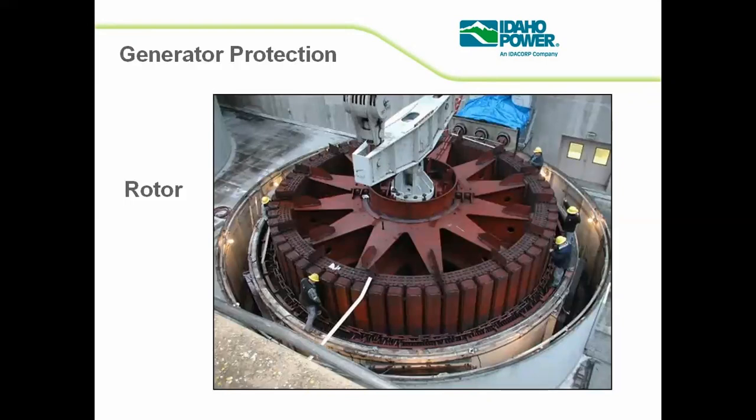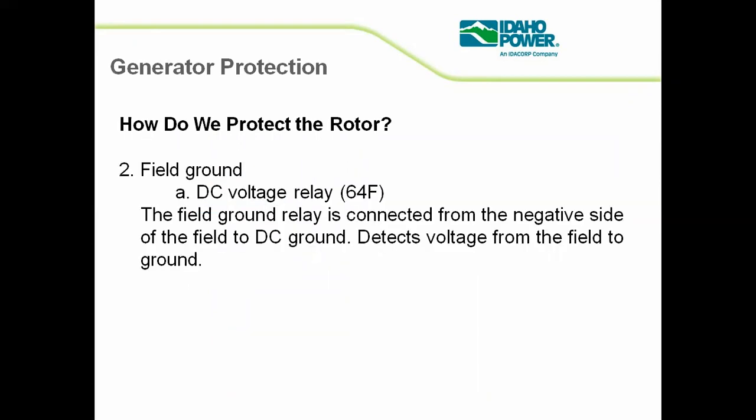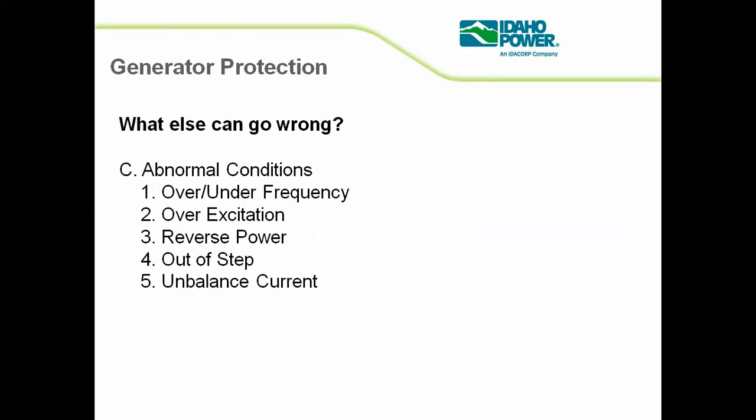because a rotor also consists of a lot of conductors, so there will be chances that the rotor winding gets damaged. When the stator winding gets damaged, we provide a certain protection scheme. But when the rotor winding gets damaged, we also provide certain schemes. How do we protect the rotor? Again, this is the pictorial representation of the system, and we are using this type of relay, like the field ground relay, connected to the negative side of the field DC, which detects a fault to ground. So in this case, we can protect the generator.